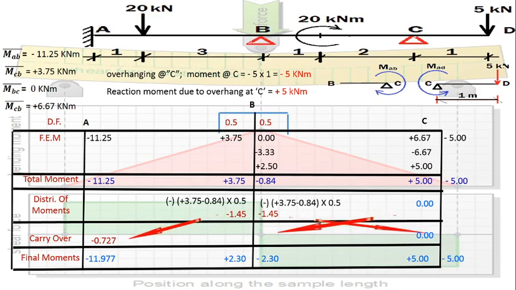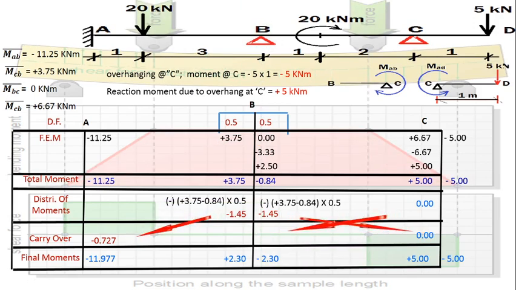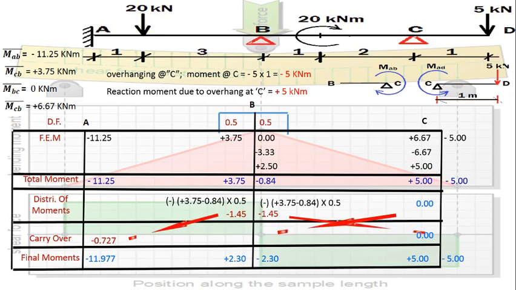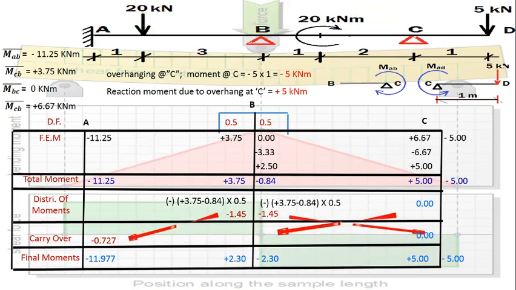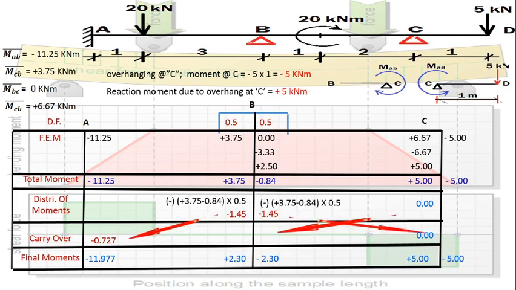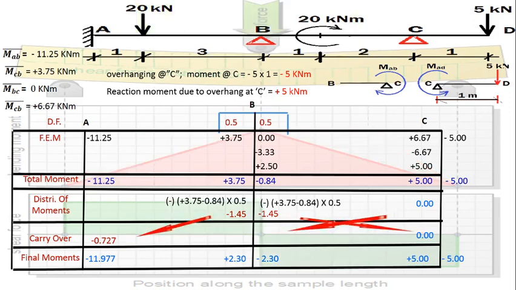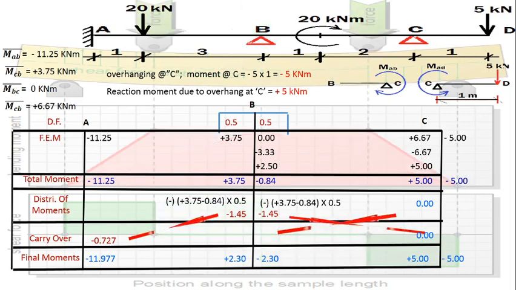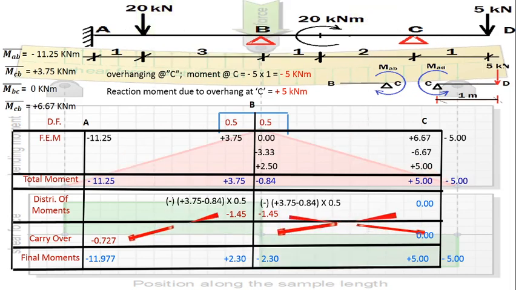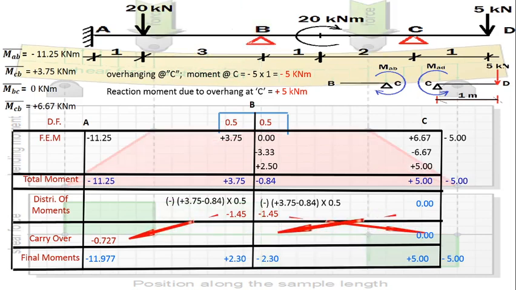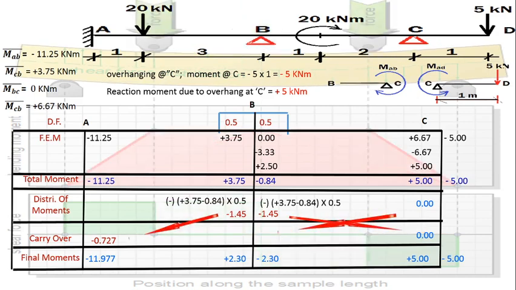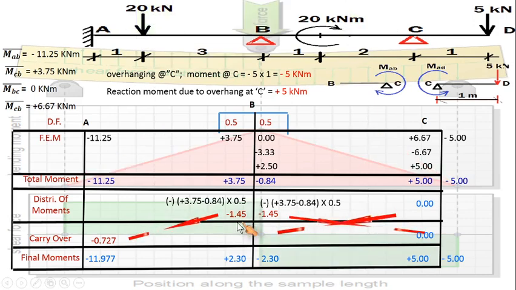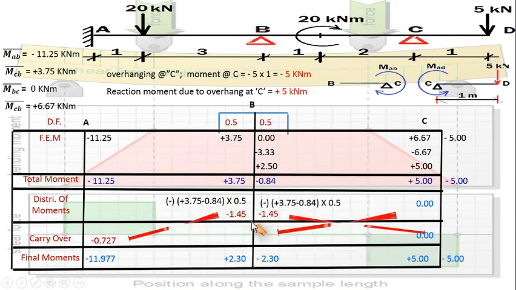So first is to find out the friction moment, then to find out the distribution factor, then plot that table, put all the values of the friction moment and the distribution factor, and identify where the distribution of the moment is required. And once we do the distribution, the next is to do the carryover of the moments which are already distributed, and that is how these two values come out to be equal to 0 or merge towards 0,